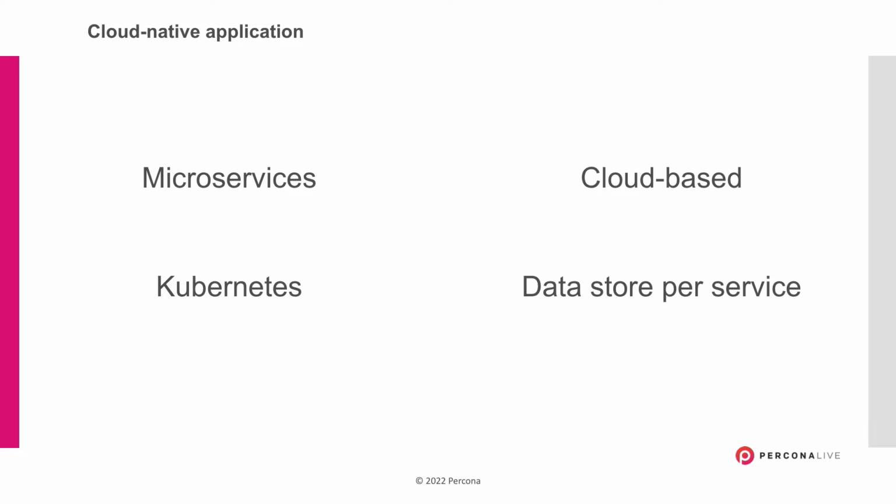From the database perspective, it's important that in this context, in most cases, we will be looking at a data store per service. So some database per service rather than a big database as a monolith that takes care of everything. And the reasons for that are multiple. You want to use the right tool for the job. So there is a service that better fits a document model, so you use that. Or maybe you have developers more skilled in one database in one team and another RDBMS in another team. So you want to have this freedom and flexibility, also in choosing technology and scaling that. And with all the bells and whistles that every technology comes with, you want to be able to use that.